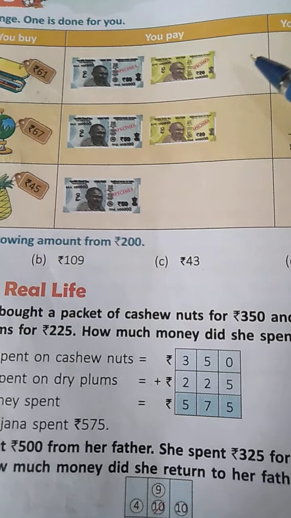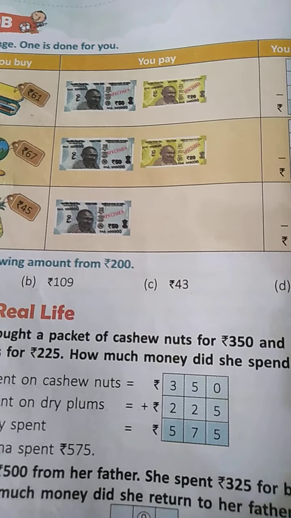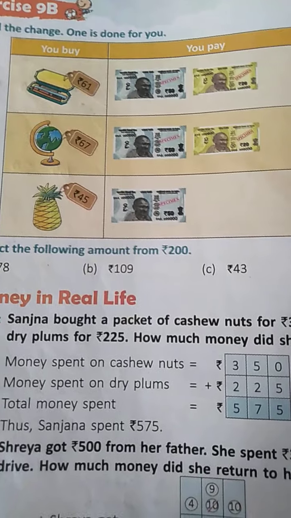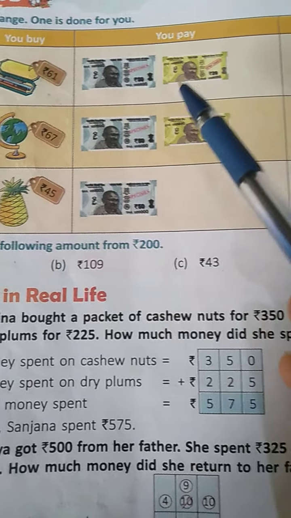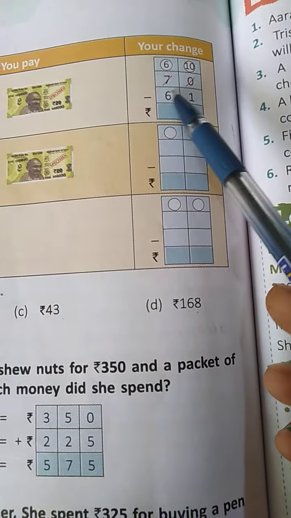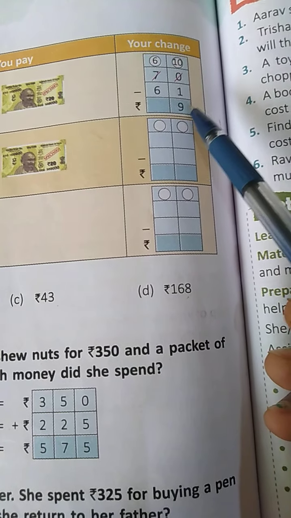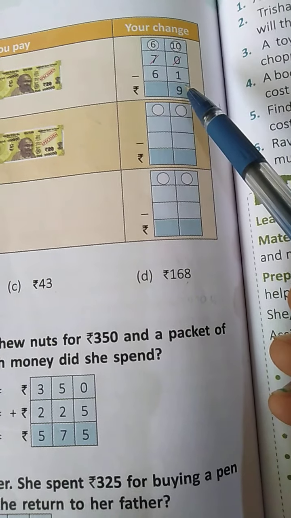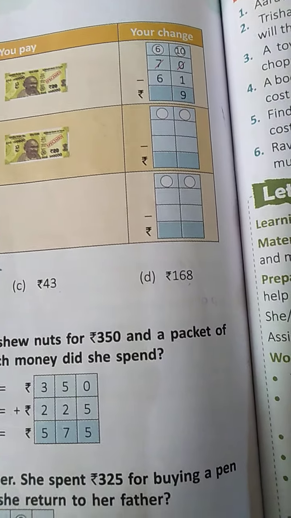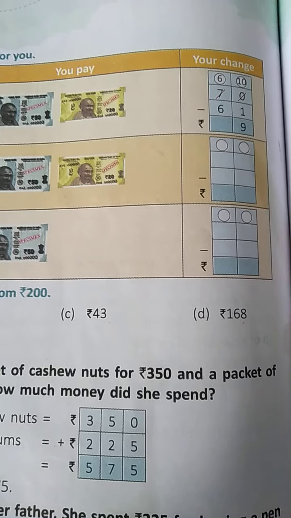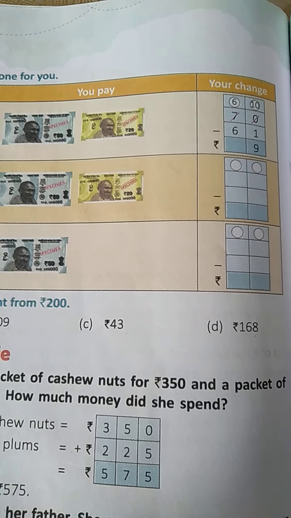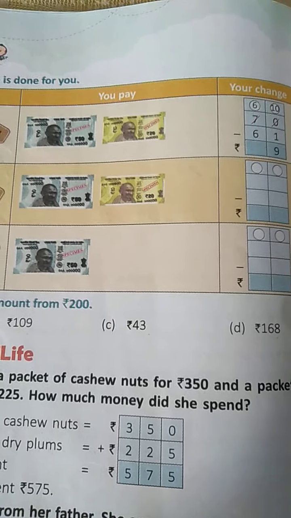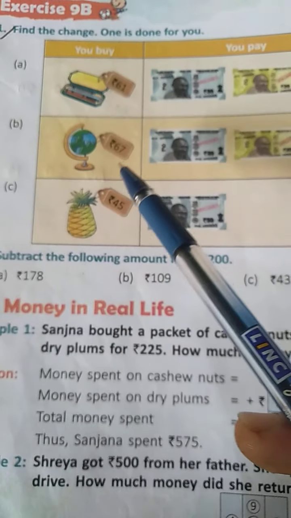Then how much amount do you have to take back from the shopkeeper? Here see, 70 minus 61, how much? Just subtract it. 9. So 9 rupees you have to take back from the shopkeeper as change.